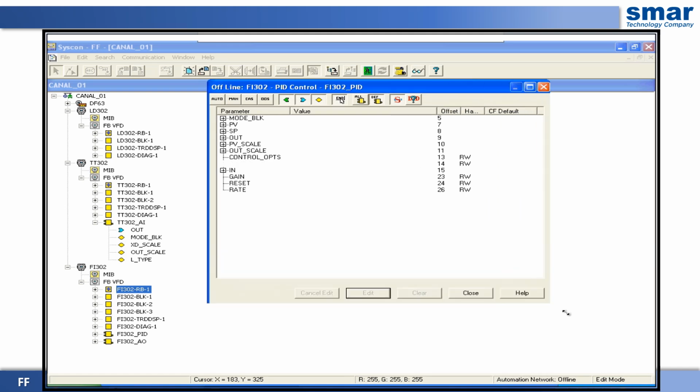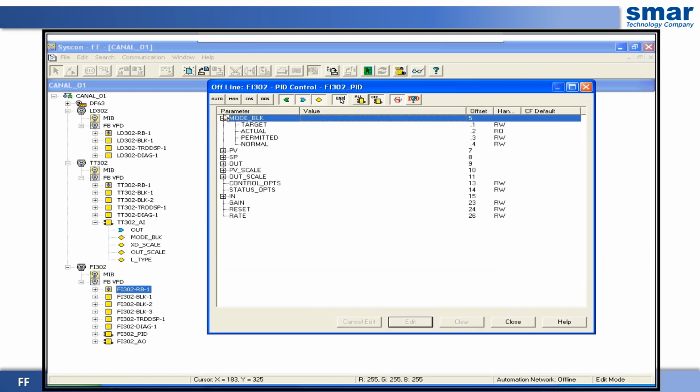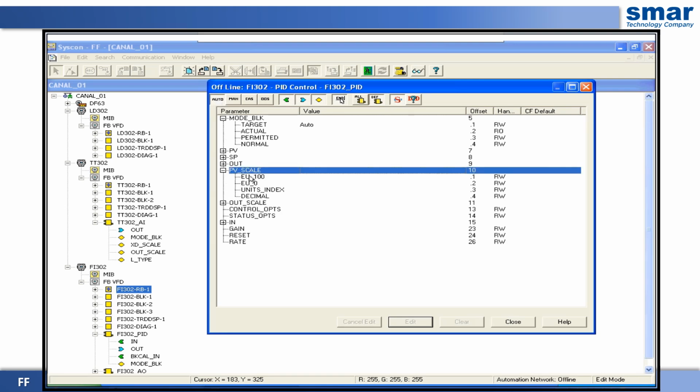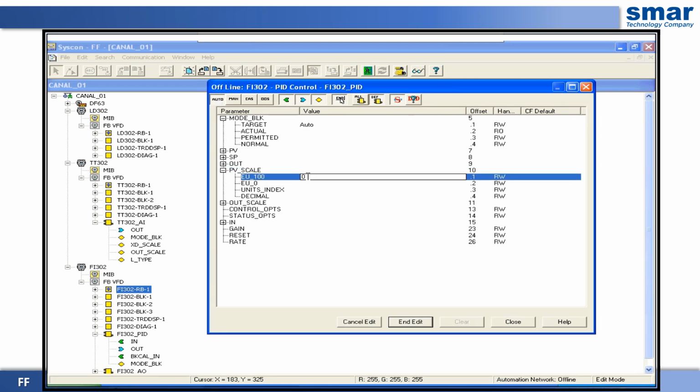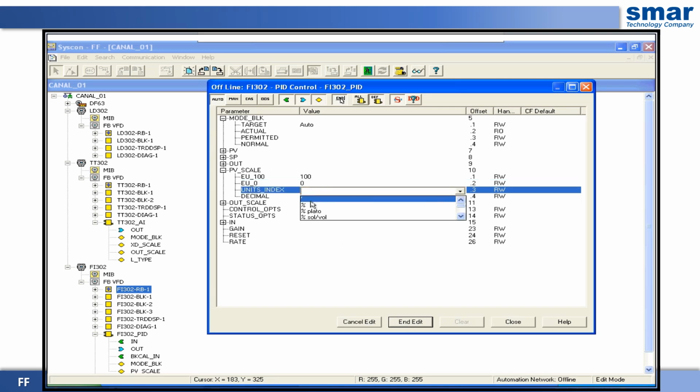Now let's configure the PID. Offline characterization. In MODE_BLK, it signals if the block is in auto or manual mode. Let's establish a scale from 0 to 100%.